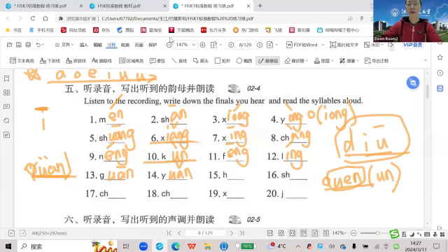Some students wrote the third tone and some students wrote the fourth tone. Which one is right? So the right answer is the fourth tone. The fourth tone is correct. Okay. Number 16. 手